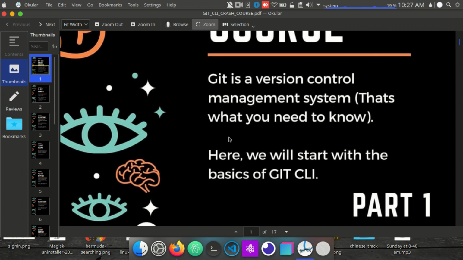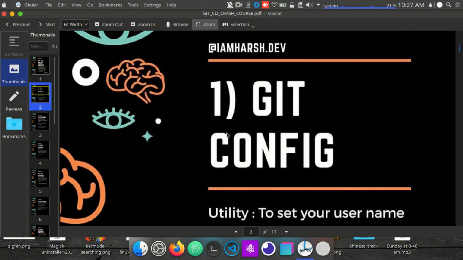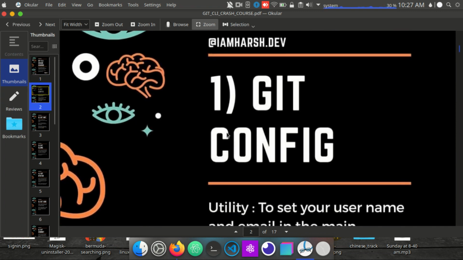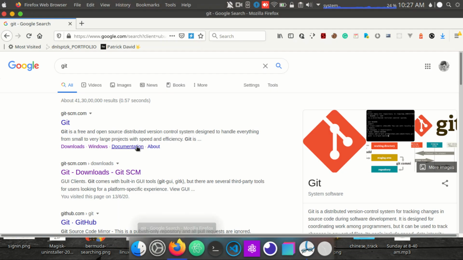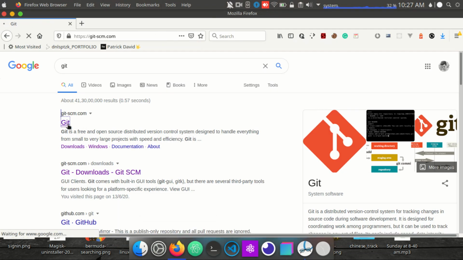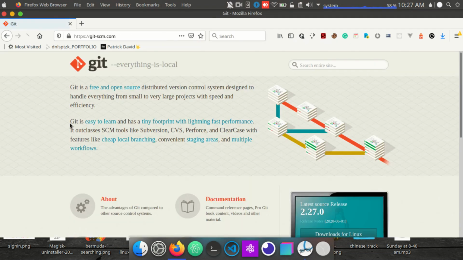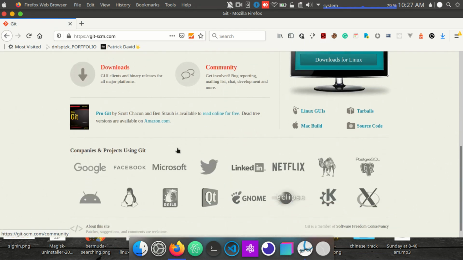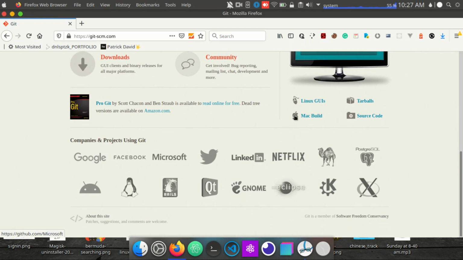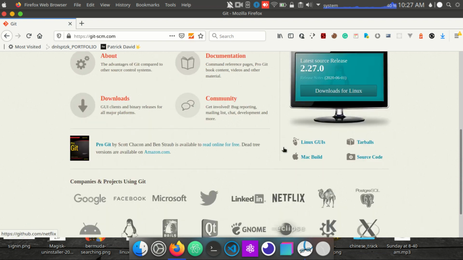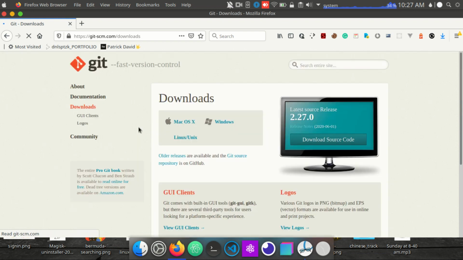First of all, go to your browser and search on Google for Git, and you will see this website. Go to the download section, and you can download it for any machine: macOS, Windows, or Linux.